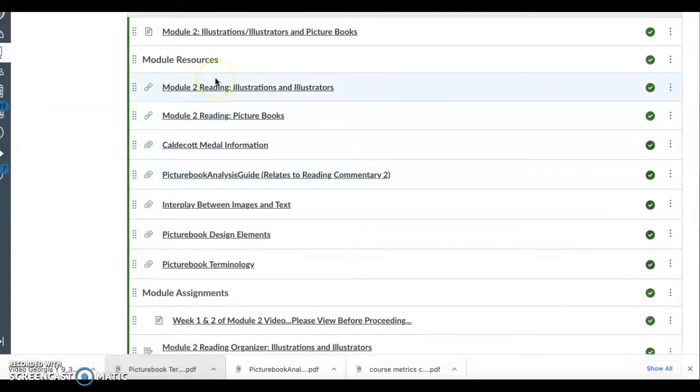As you recall from Module 1 and getting started, we can find all of our module readings under Module Resources. So our main text, open education resources, will be here: Module 2 Reading, Illustration and Illustrators, and Module 2 Reading, Picture Books. You will use these two readings to complete your